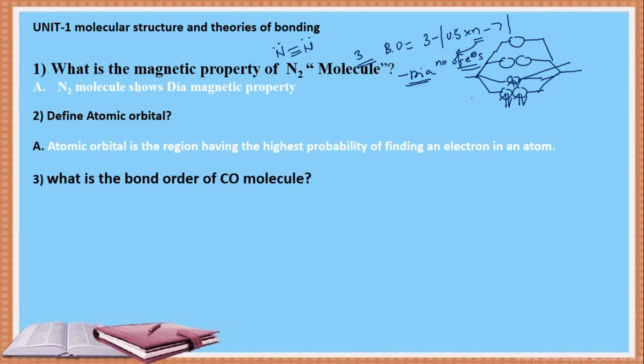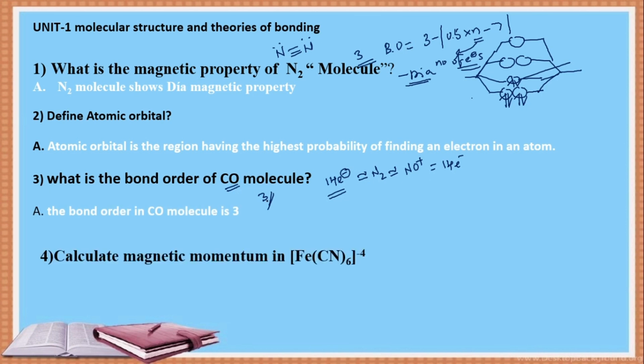Okay, right, next. What is the bond order in the CO molecule? The CO molecule is a hetero diatomic molecule. It is a 14 electron species. It is isoelectronic with the N2 molecule and isoelectronic with NO plus also, students. All these have a 14 electron system. If the N2 molecule exhibits bond order 3, then the CO molecule also shows bond order 3. Okay, right? The bond order in the CO molecule is 3.